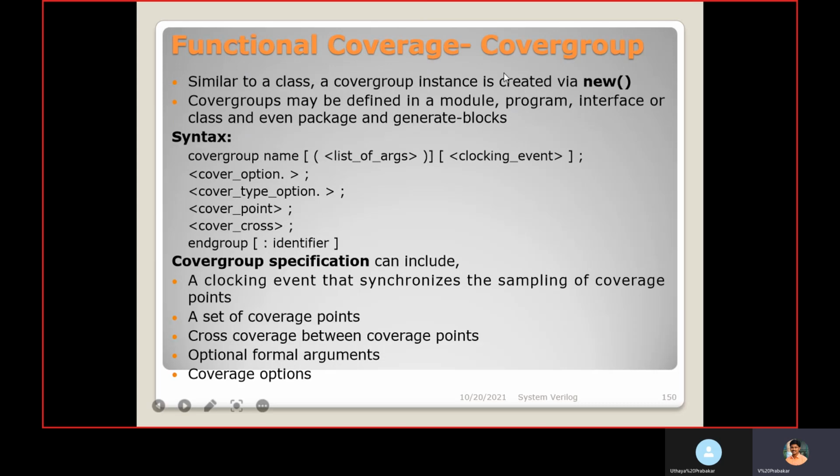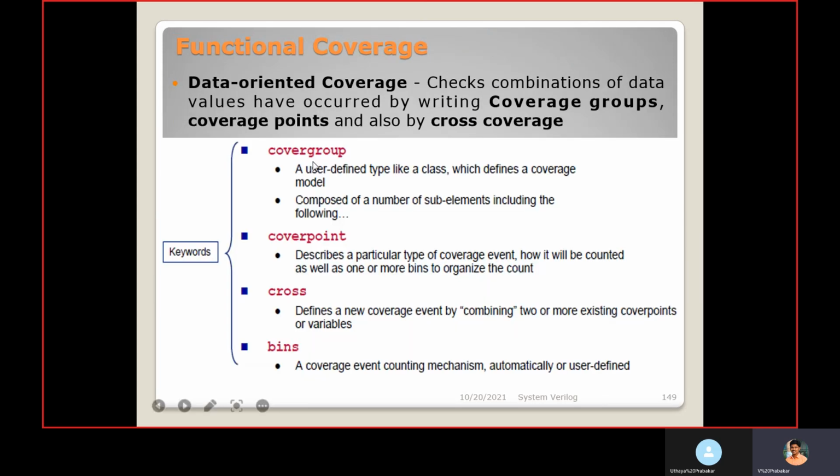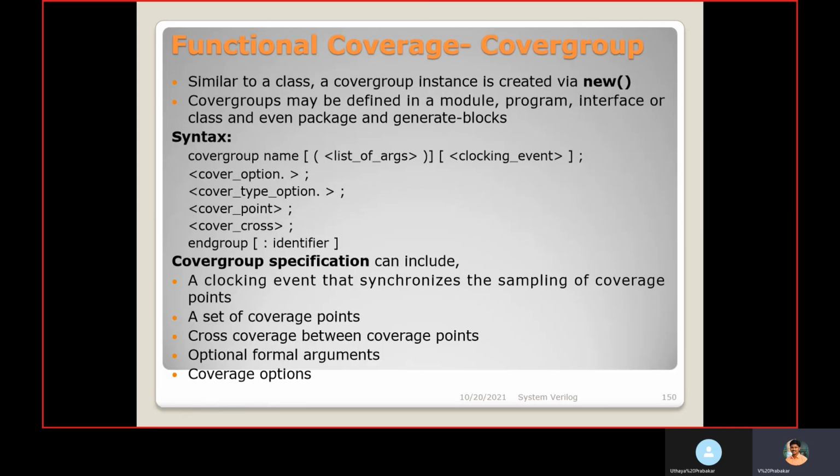Now the functional coverage, the top one is the cover group. We are going to see how to write the cover group. It is similar to a class. A cover group instance is created via new. You can create an instance for a cover group, and with the help of new you can create an object for the cover group.